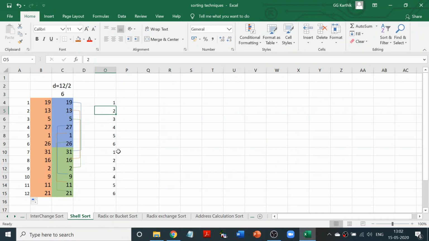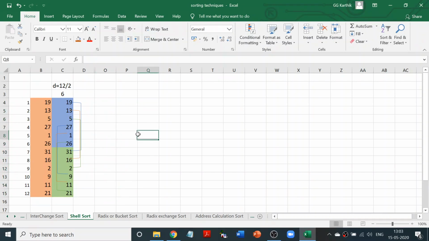See, for example, this iteration I'm going to divide 12 by 2, so you get 6. The next iteration I'll be dividing 6 by 2. It will be 3. So how many threes will you get? 3, 3, 3, and 3. So that time you have to compare all the ones together, all the twos together, and all the threes together, and so on. So the iteration goes on like that. You understand? So that is going to be the idea behind the method. As we go, you will understand.